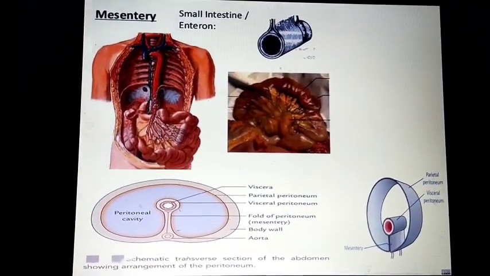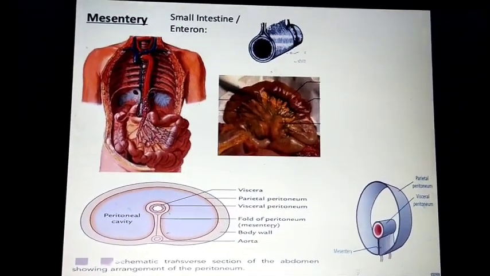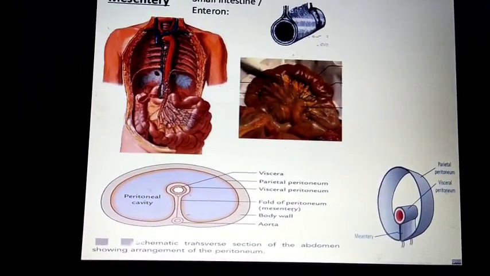So mesentery means mid gut, middle gut, or mid intestine.